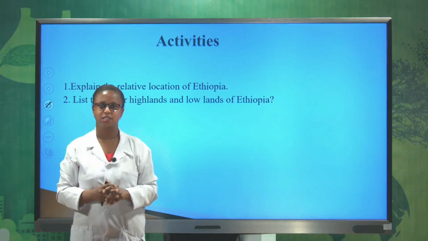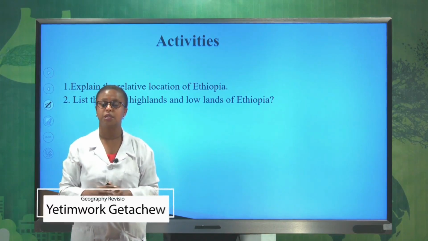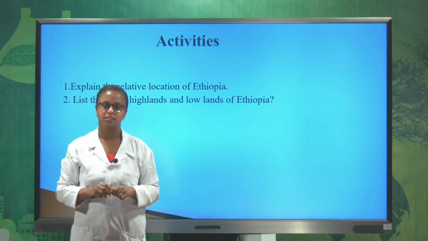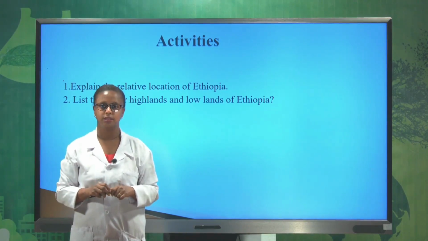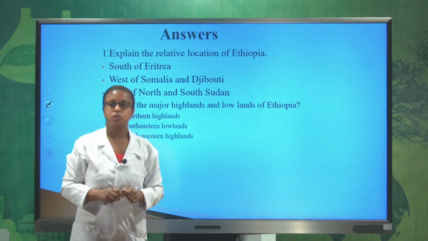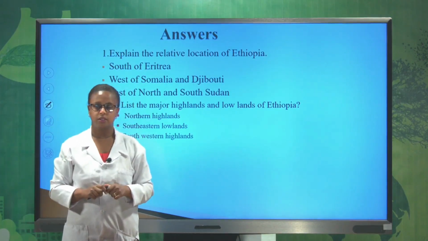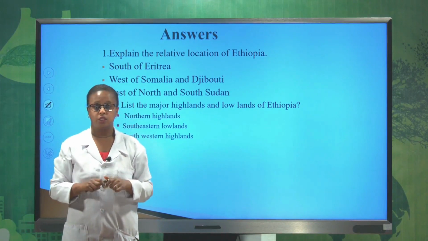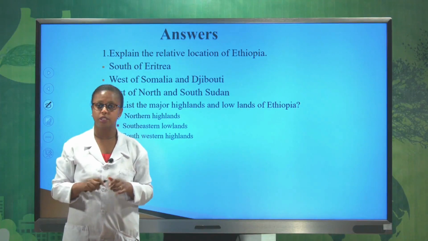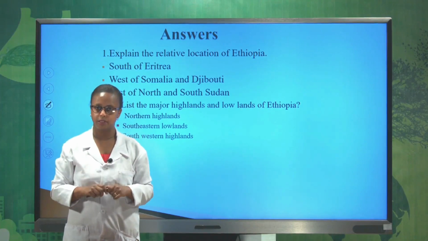Welcome back, students. Did you manage to list the major highlands and lowlands of Ethiopia and explain the relative location of Ethiopia? Well done. Let us check your answers together. Based on the above lesson, Ethiopia is located in the Horn of Africa and it shares common boundaries with five neighboring countries. These are